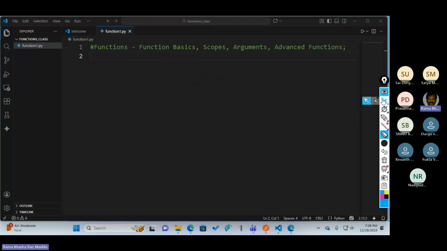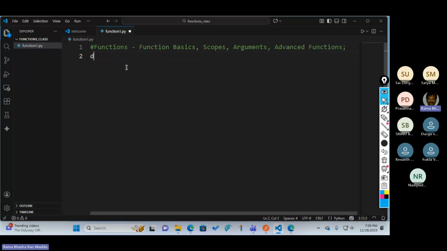Up to now, we learned functions in C language and Java language, but Python functions are completely different because they have more facilities which are not available in C and Java functions. That's why you must concentrate on each and every program, what we are doing, how we are declaring everything. In every function, we must declare the definition of the function.